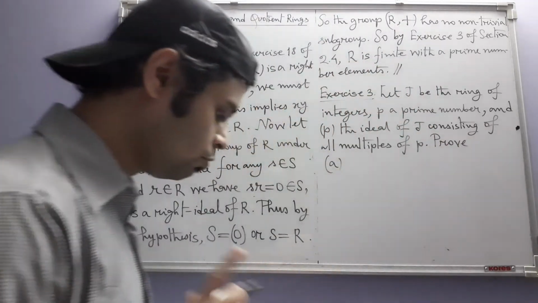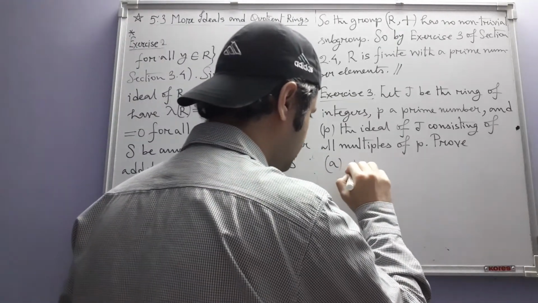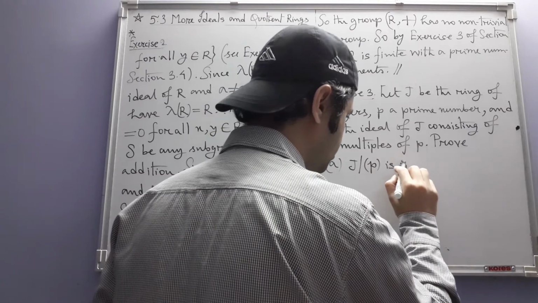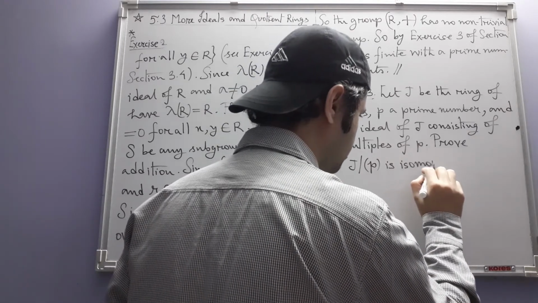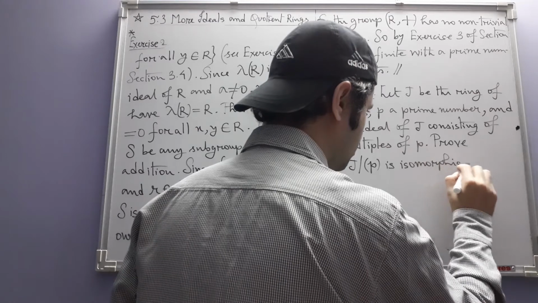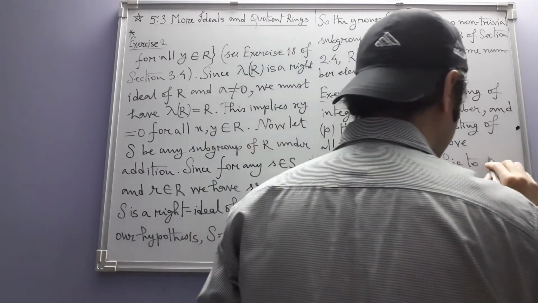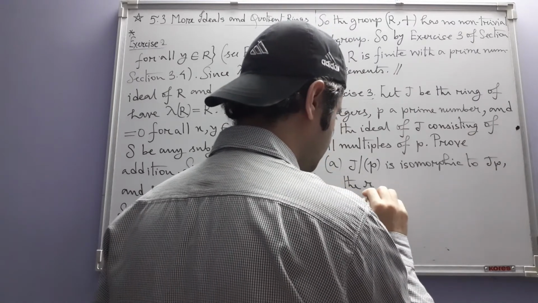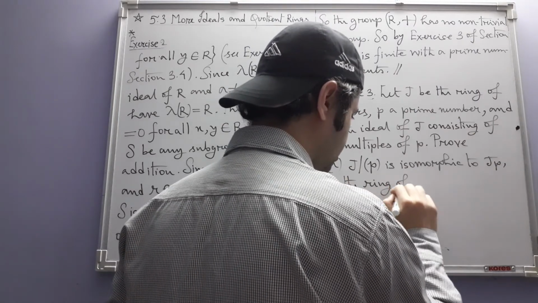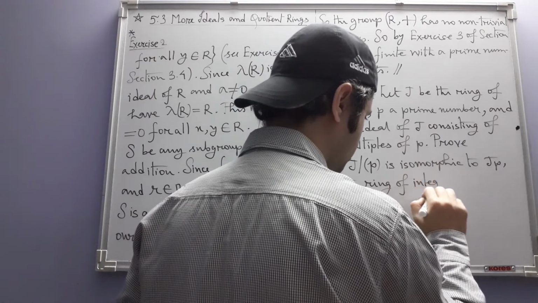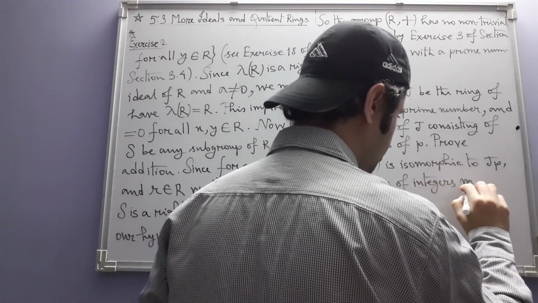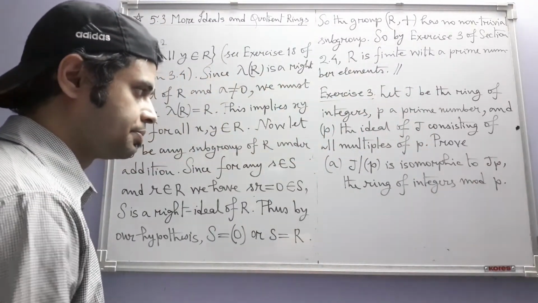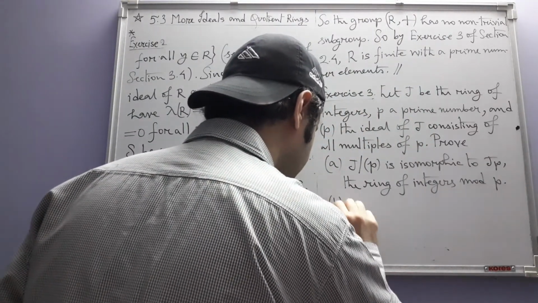There are two parts. A: this quotient ring is isomorphic to J_P, which is nothing but the ring of integers mod P. We have come across this ring. And B,